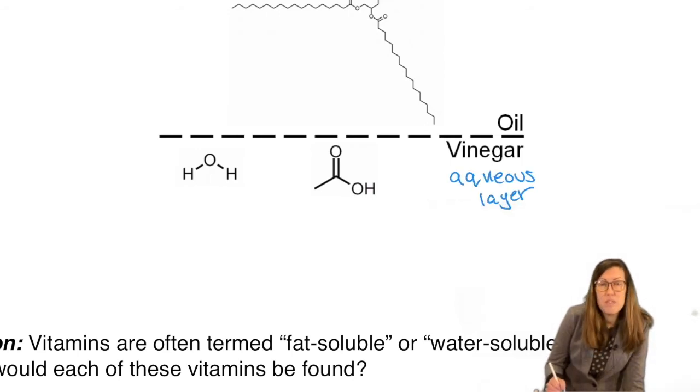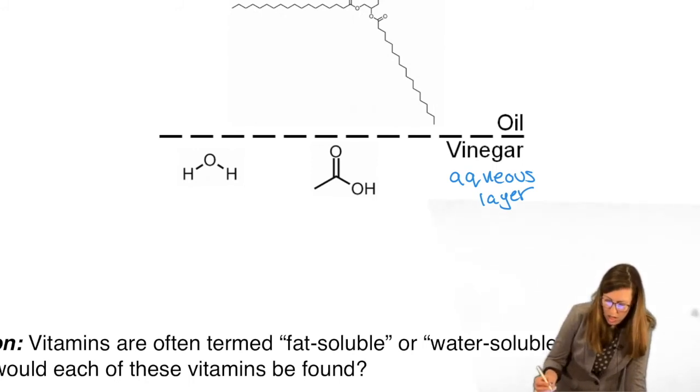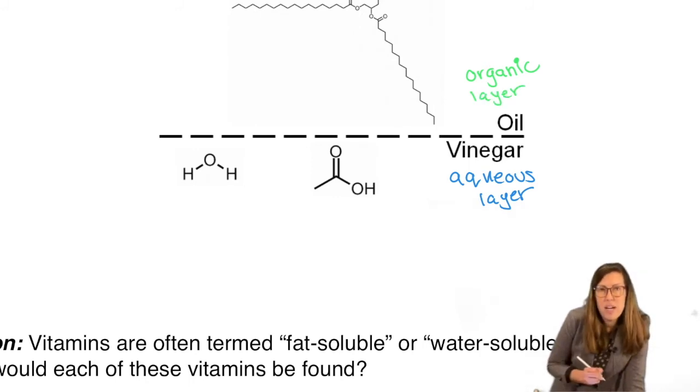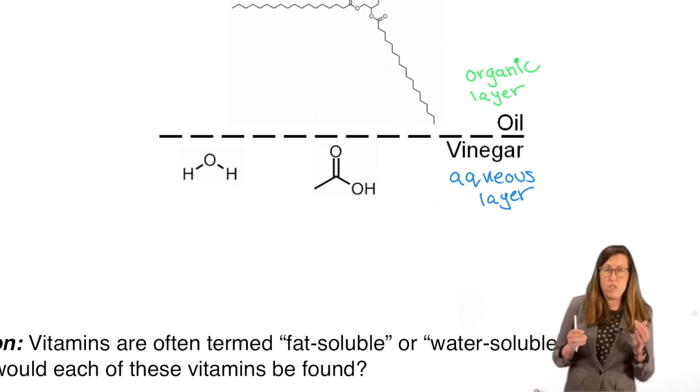And in the lab, this is applicable to our extraction lab, versus the organic layer. We will always have those two layers. If we see two layers, we know one must be aqueous, one must be organic. What would drive something to occupy the aqueous layer? It doesn't always have just one thing.